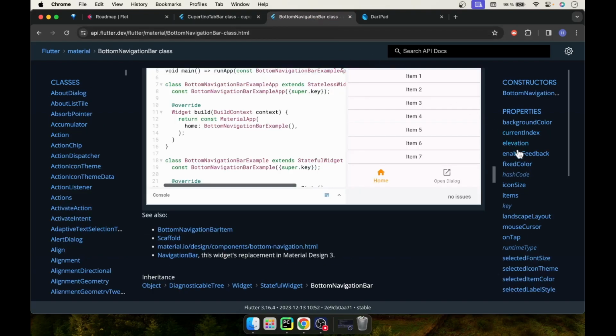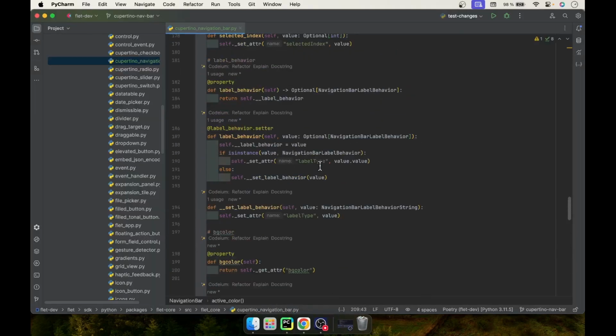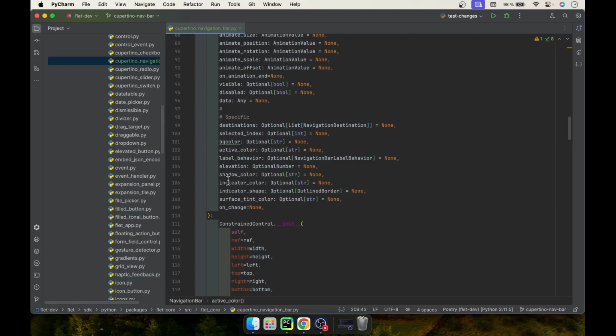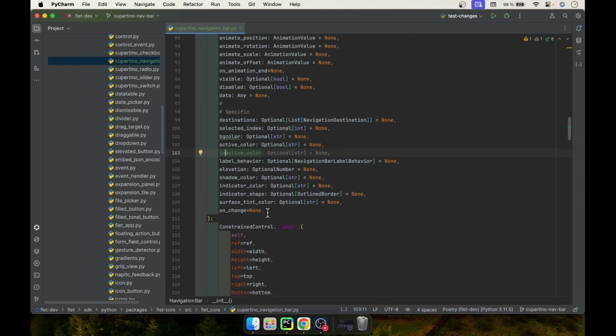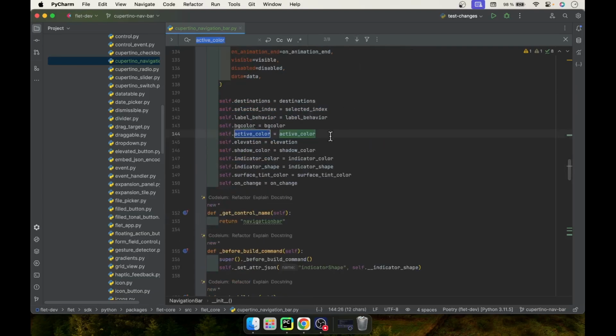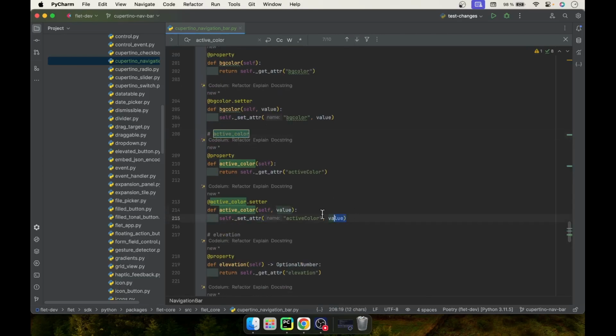So inactive color, does this have an inactive color? It didn't have, or let's have a look. Was the inactive color implemented? The inactive color was not implemented. So we are going to add an inactive color exactly the same way as we added the active color. To all the instances of active color, for example, we are going to be adding inactive color. And over here I'll copy this,